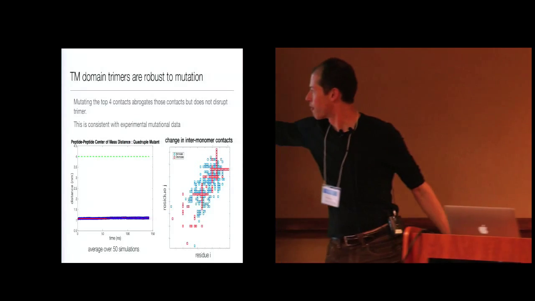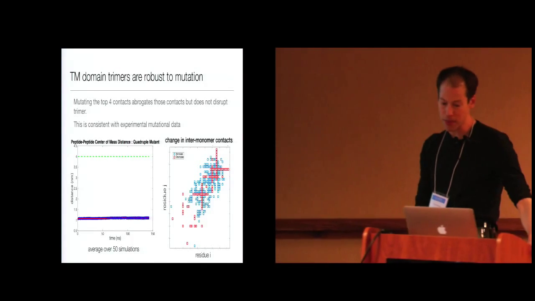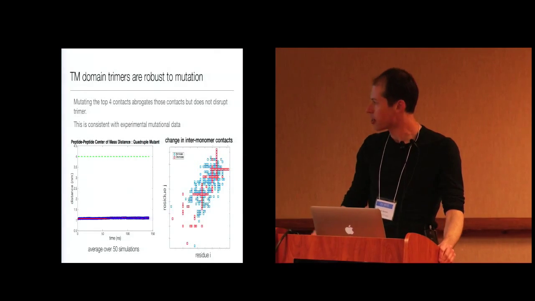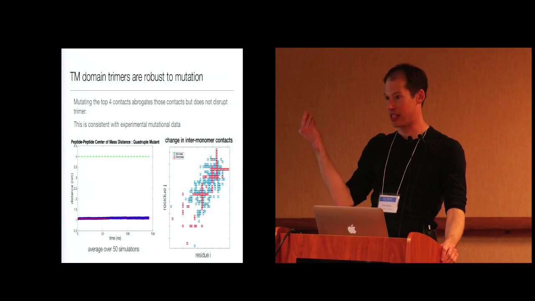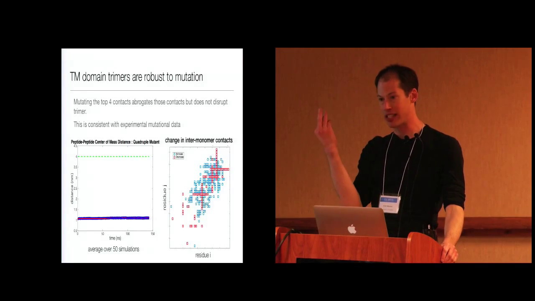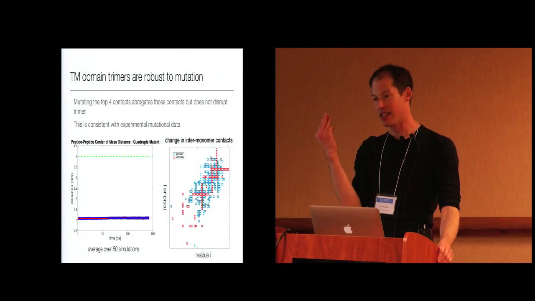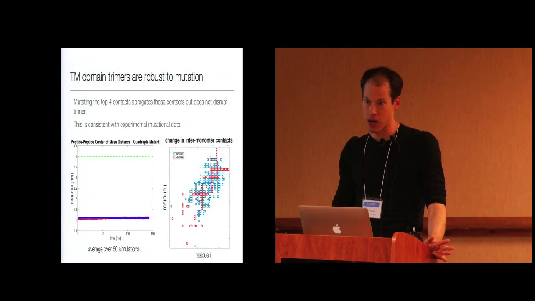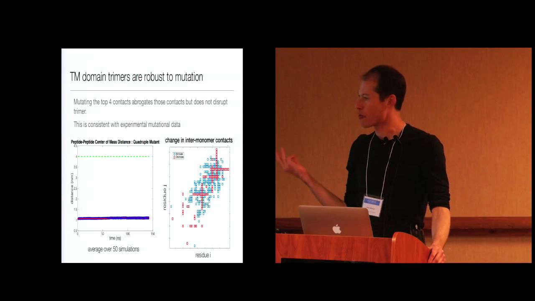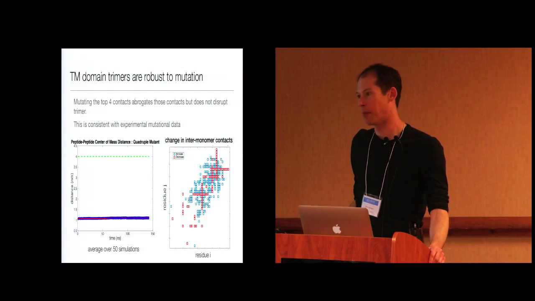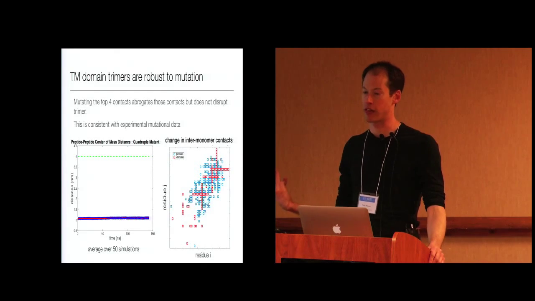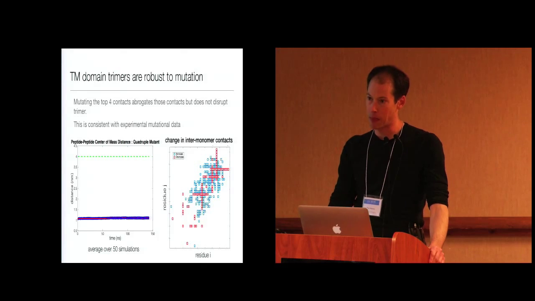The four contacts that we disrupt go down in frequency, but other contacts in their vicinity go up in frequency, so there's some plasticity in the association of these monomers. And this is indeed very consistent with experimental data, that a number of point mutations and even pair mutations to the transmembrane regions, as long as everything can get folded and inserted, is still permissive of